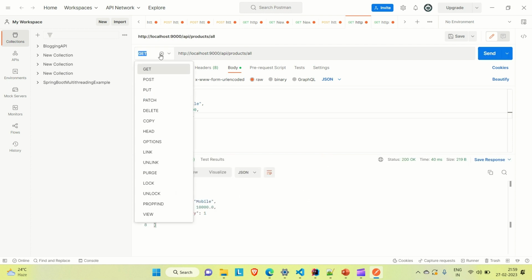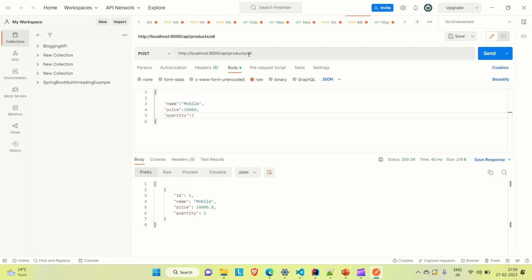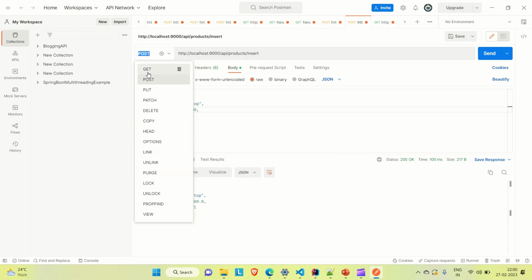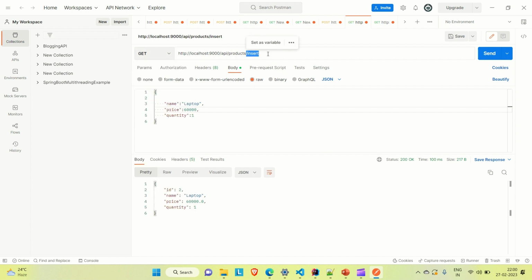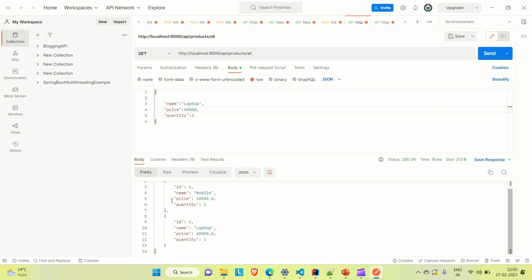Okay, now let me try to go to the post and insert some other record as well. Okay, so let's say the second product is laptop, and let's say the price is 60,000. Okay, and the quantity is 1. Now let me try to send it and see. Yeah, we are able to insert the laptop as well. Now let me try to go to the get and see all the products from our database. So you can see we have inserted these two products in our database and we are able to fetch them